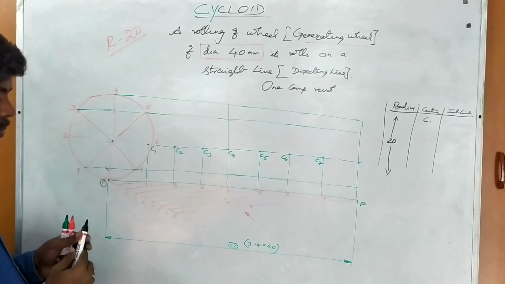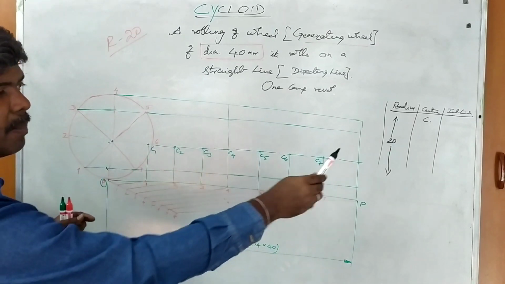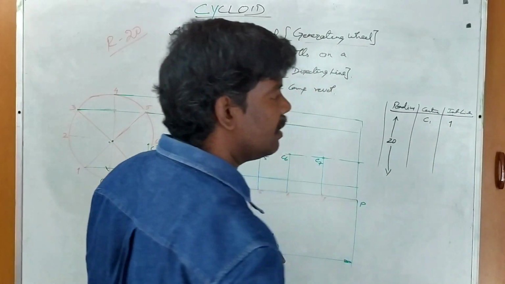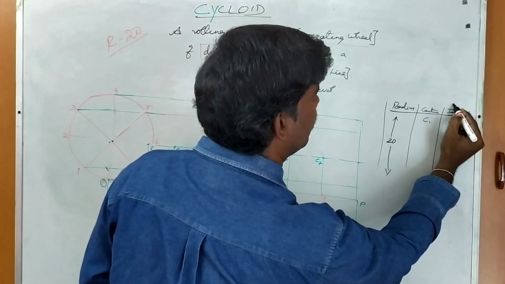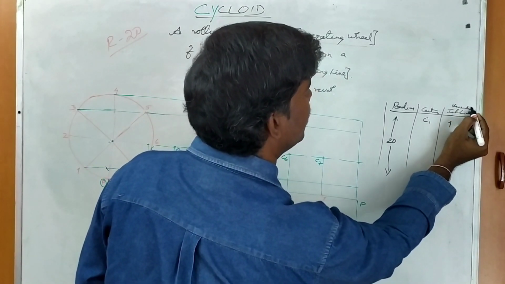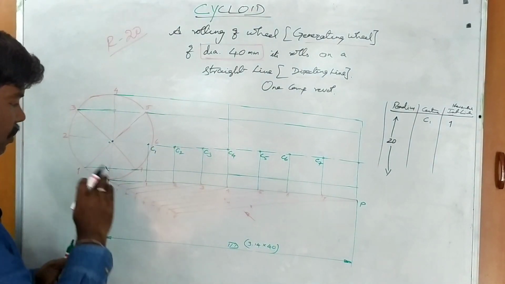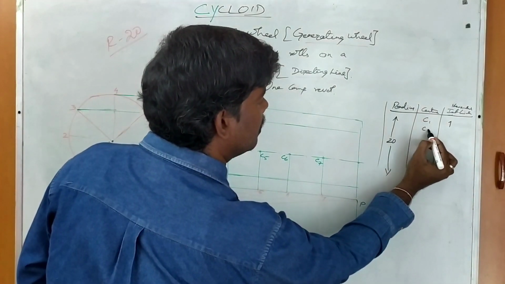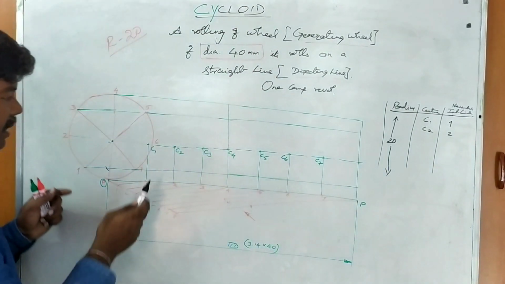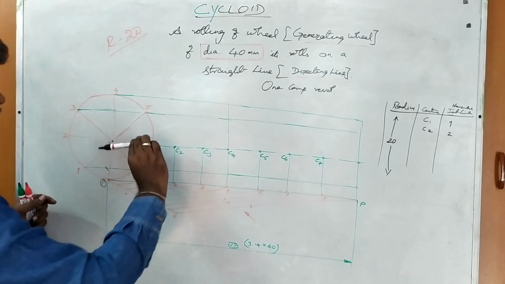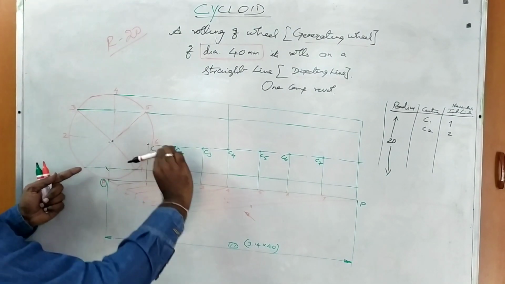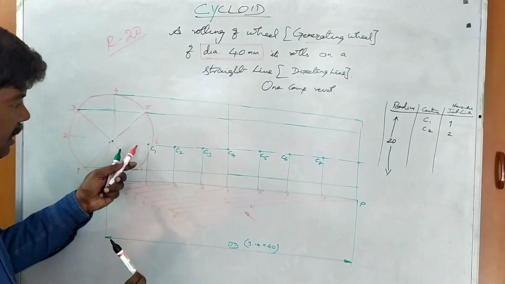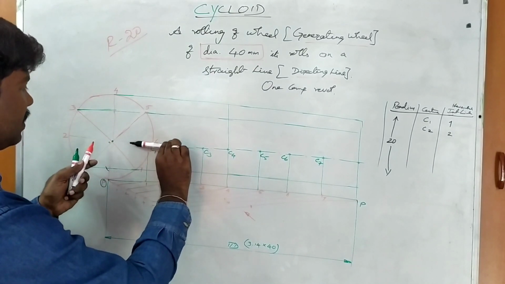Clear? That's one. Next, the same radius is common. Intersect an arc on that number 1 horizontal line. Horizontal is nothing but the projection from the circle's number 1 point. Next, same radius, C2 as the center, intersect an arc on that number 2 line. So with the same radius, C1 is over, intersect an arc on number 1 line. Next is C2 as the center, intersect an arc on number 2 from the circle. So it coincides on the axis itself. So here it cuts.